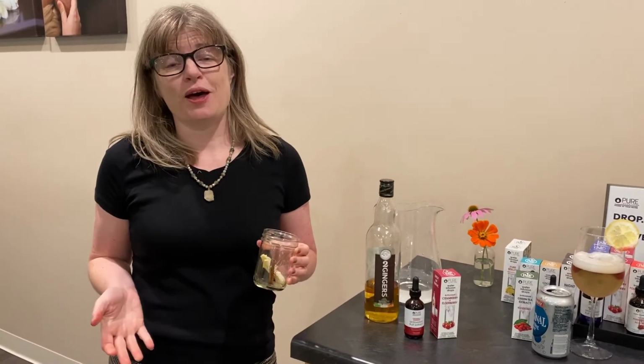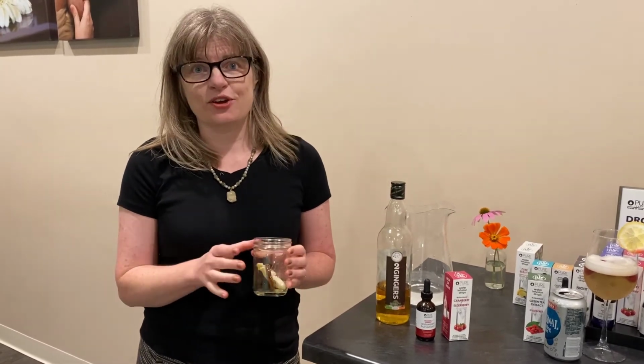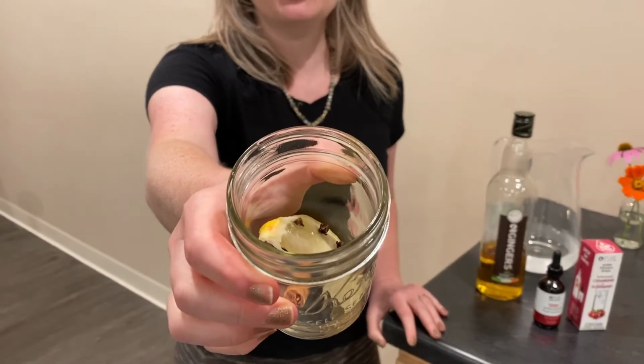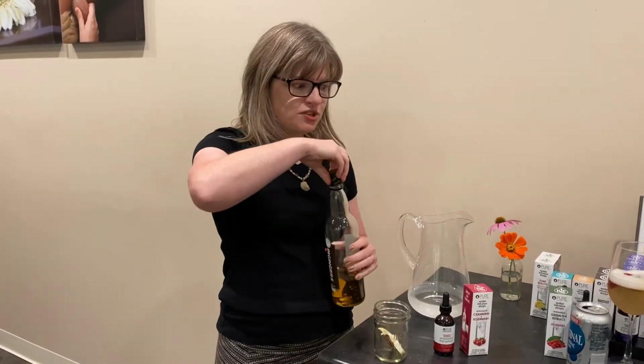At East Village Spa, our favorite fall and winter drink is the hot toddy. I always say this isn't whiskey, it's medicine. So we start with either a lemon or orange wedge with some cloves in it. Cloves are really good for sore throats. And then a cinnamon stick for stirring, a shot of your favorite Irish whiskey,